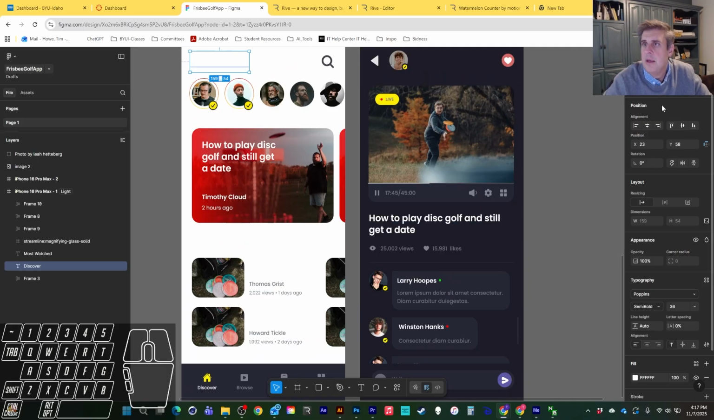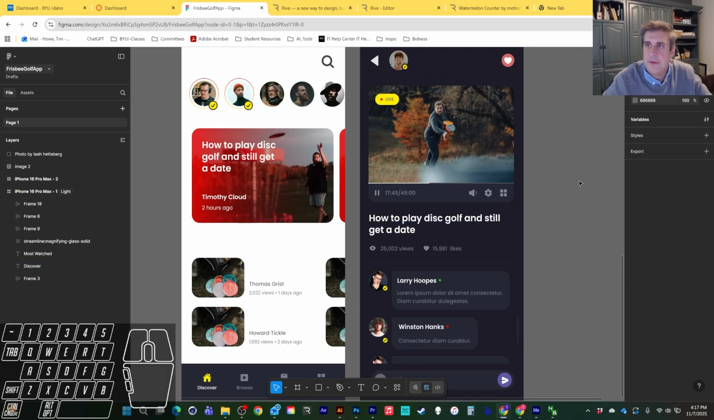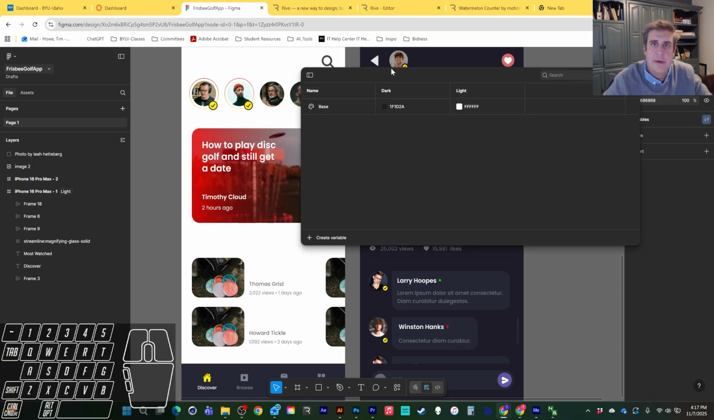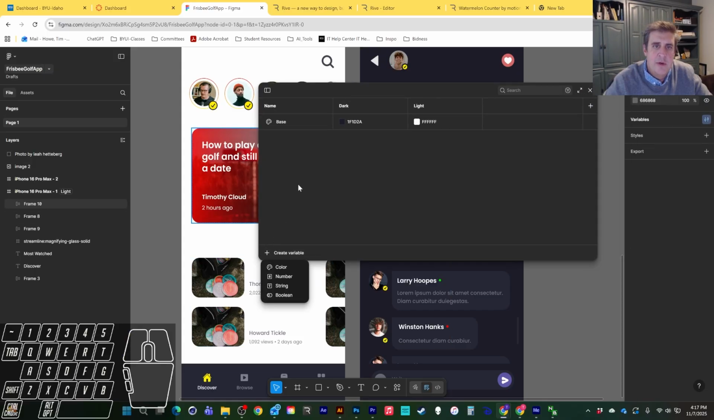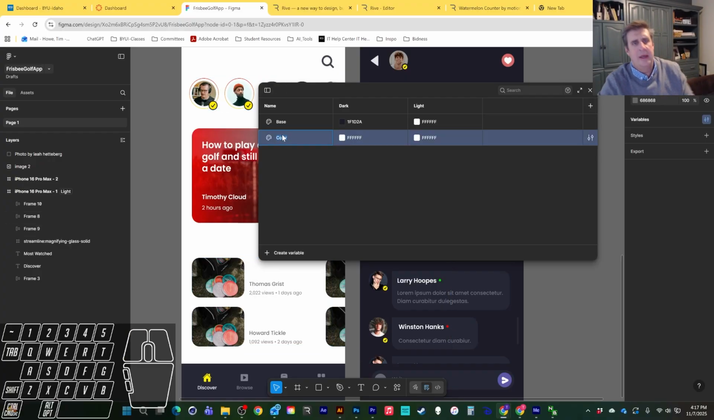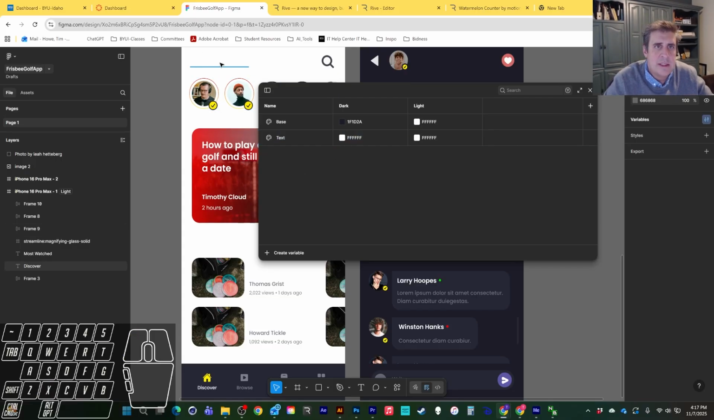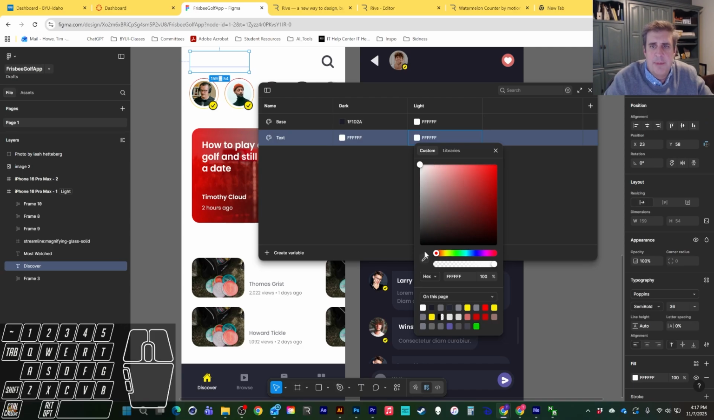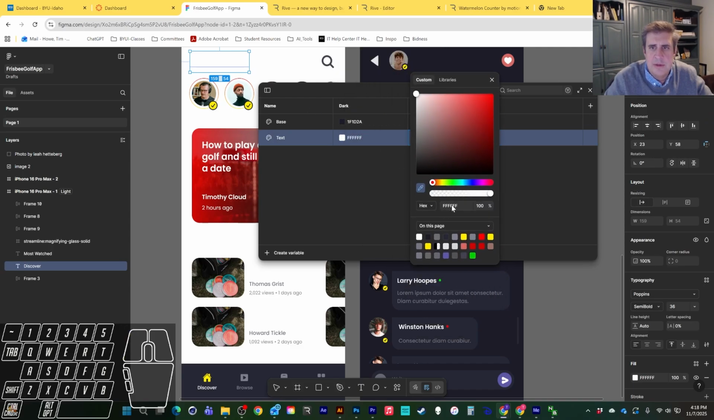So I'm going to jump back over to my variables area, and I'm going to create a new variable, and it's going to be a color variable. Okay, and I'm going to call this text, and it's going to be white because that's what these are. And then I probably am just going to grab this kind of off dark blue, I think,